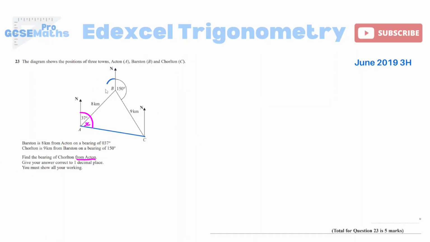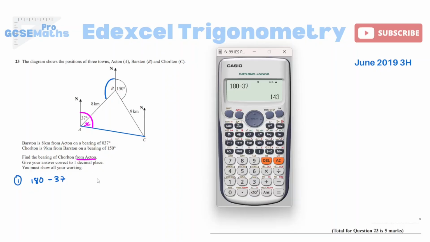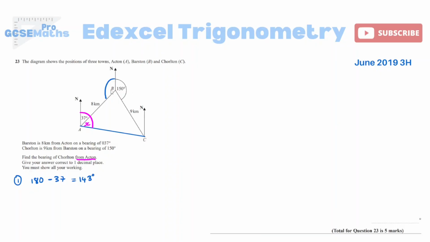I could work out this angle because of this shape here. That is co-interior angles. They add up to 180. So let me work that out first. So 180 minus 37. Obviously this is a calculator question because you're going to end up with the decimal answer. That gives me 143. As you can see, it's not the same as 150. You don't know if that other side is the same as 150, so don't ever assume anything unless it's explicitly